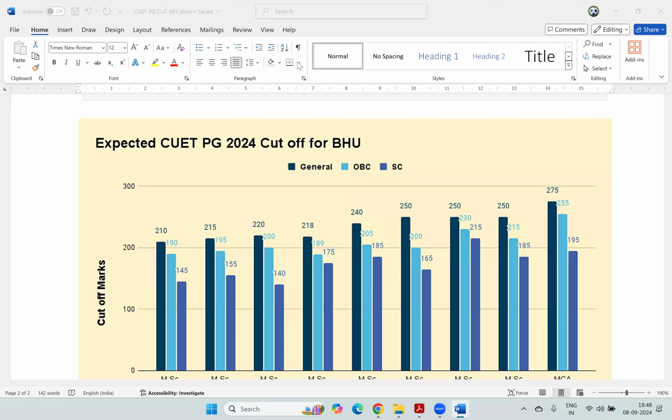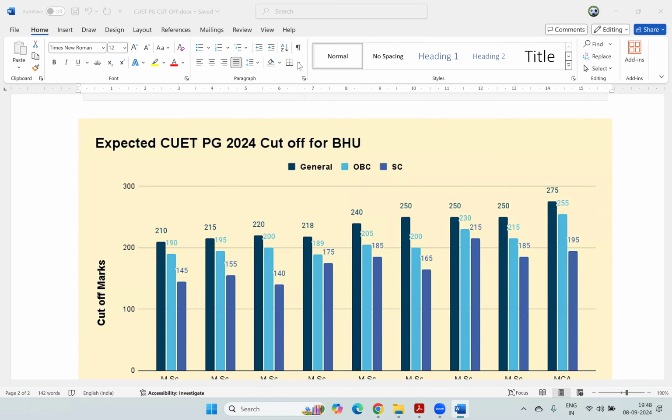IAS exam or civil service or CUET exam, the subject matter is the same, right? Geography is still geography. So if you go through the subject thoroughly, and if you go through different types of MCQ and multiple choice booklets, question booklets, you will not only train yourself in how to answer these questions and how to choose the correct answer, but also you will gain more and more knowledge, right? So that's something you can definitely go through. Previous year NET papers are something you can definitely go through.